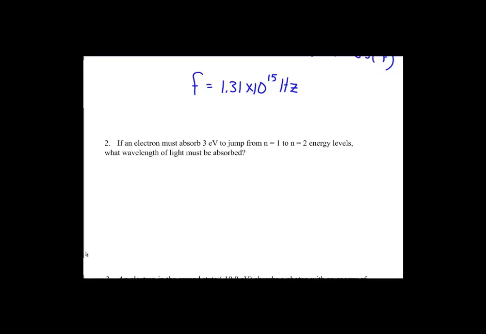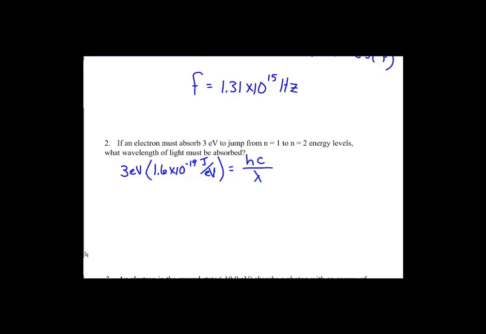The next one we're going to look at is we have an electron that has to absorb 3 electron volts, so we're changing our energy units here, and it wants to jump from n equals 1 to n equals 2, and I need a wavelength of light. So first thing I want to do is get electron volts to joules. So now I've got my energy in joules, and I'm going to use the energy to wavelength equation,